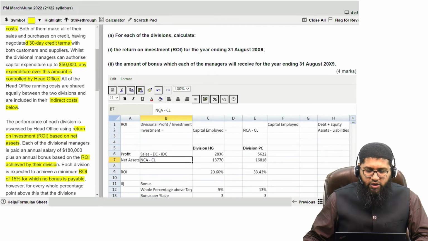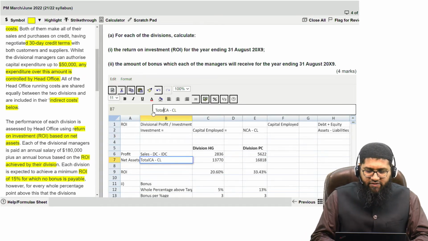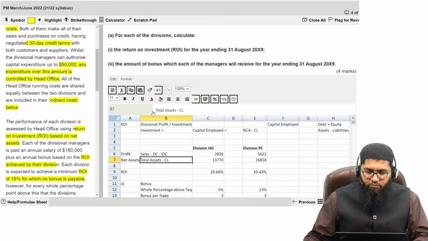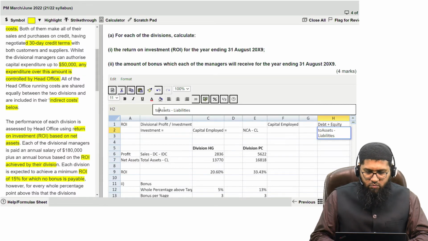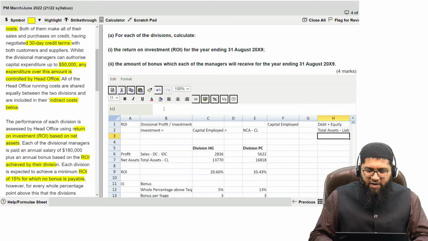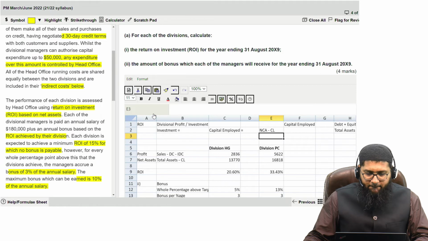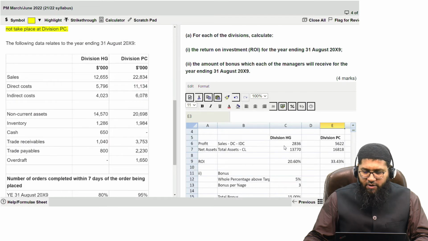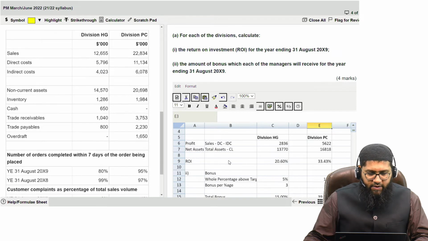Okay, it's not non-current assets, it's total assets minus current liability. It's the total assets minus the current liability that is your capital employed. So I'll make a bit of an amendment here because it's a slight error that I have made. Anyways,